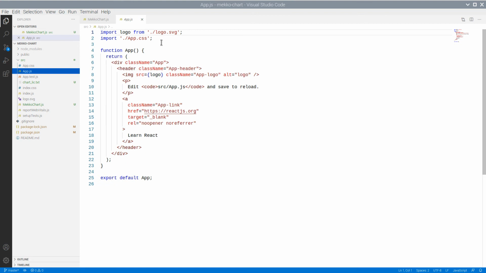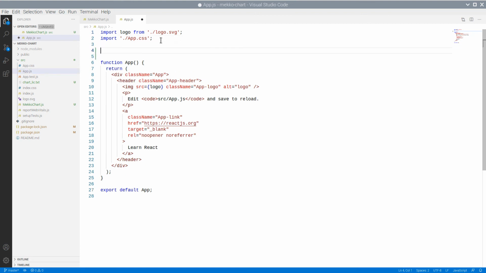We have done the bare minimum in order to render a chart, and let's edit the app file to show our Meko chart. We import the component and edit the app function to render the chart.